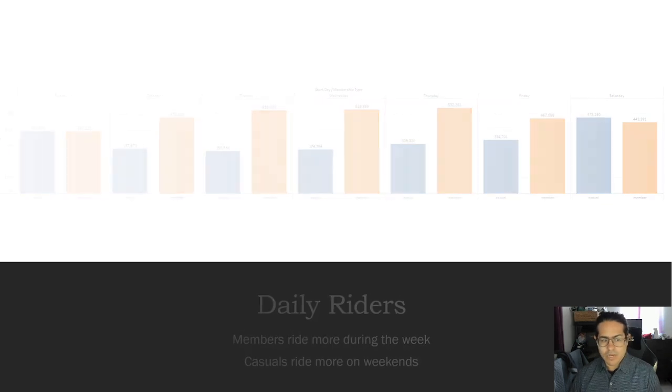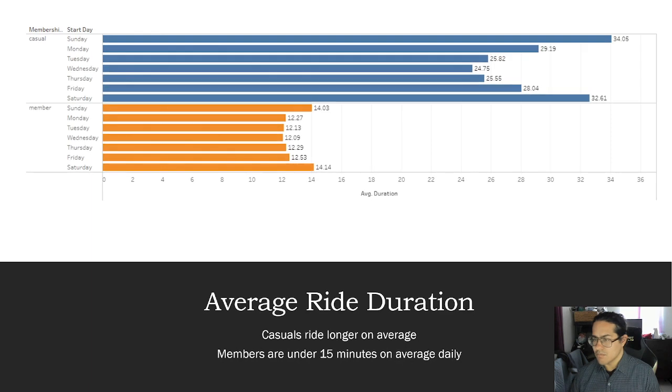So when I looked at that more in depth, I wanted to see, okay, what do those durations look like? Because if they're going to be using it more over the weekend for longer periods of time, what does their average ride look like? While their average ride isn't like 1 to 2 hours, it is substantially more than the members. It's at least, I think, double per day. So per day, casuals are just riding it for a lot longer periods